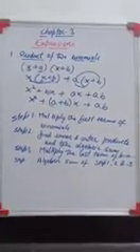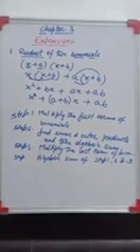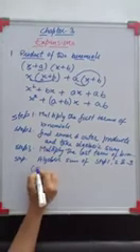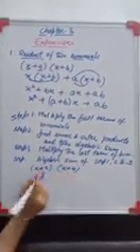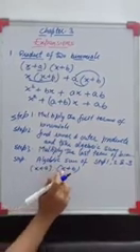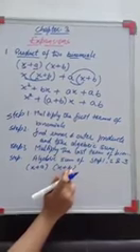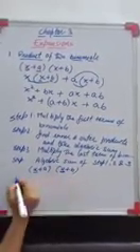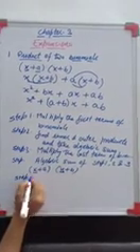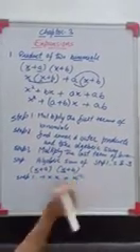This is the method. See, first is what? Multiply the first terms of the binomials. I am taking this one again, x plus a, x plus b, right? This is your first term, this is second term. This is first term, this is second term, right? So multiply the first terms of the binomials. Here first term is this, first term is this. So step 1 will be what? x into x, it will become x square.